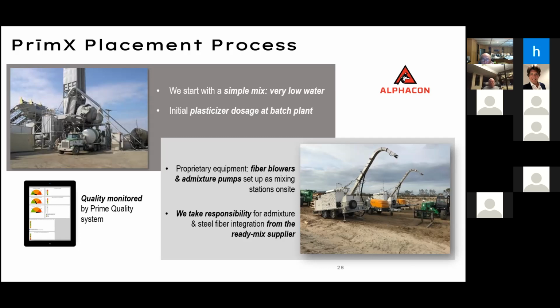What are the dosages? Typical dosages of 40 kilos per fibers. Depending on the type of cement you have, it can vary, but it's typical to use 40 kilos of cementitious additive plus the water that goes with it to hydrate it to make that slurry per cubic meter. Okay, that has a huge advantage because you're essentially adding more cream to that concrete, which makes it much nicer to finish. The message is that we,